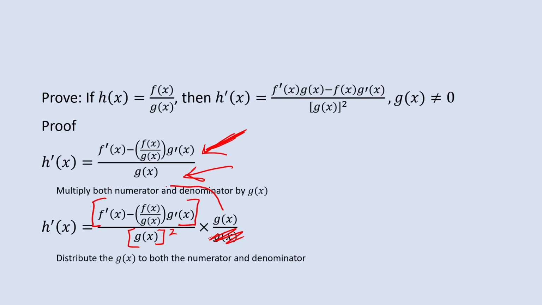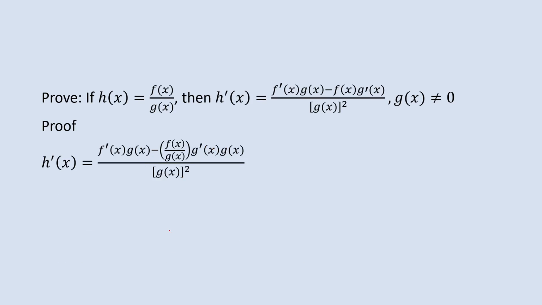numerator would simply have the effect of distributing g of x right there. So it becomes f prime of x g of x. And then also multiplying g of x times this whole term. Well, that whole term has a g of x in the denominator, so they end up crossing out. And so amazingly, what we have, before showing that step of it crossing out, we end up with this